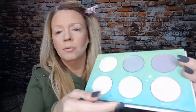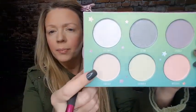I think I'm going to go with Fantasy because it's the most neutral out of all these colors. It's a little bit on the cream side, like a champagne, I guess. And if I don't like that, I'll go in with this one. So, like I said, I am going out today in public, so